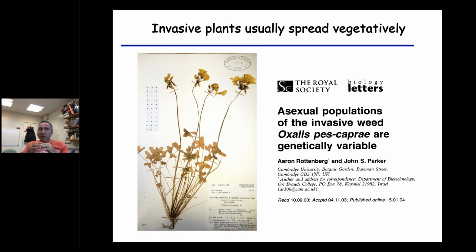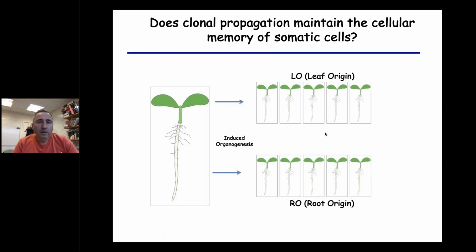And what is interesting is that some of these enzymes are methylation sensitive. At the time it was not known, but now you can imagine that maybe there is genetic or epigenetic variation in these natural populations that reproduce clonally. And this is something that we wanted to look at. However,